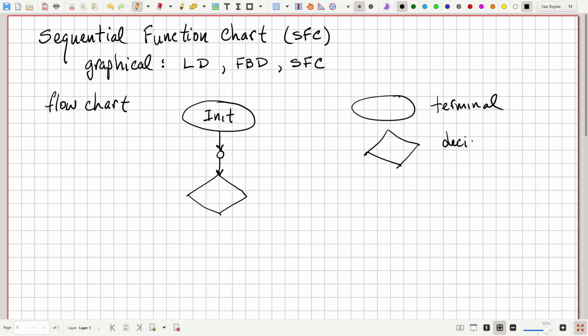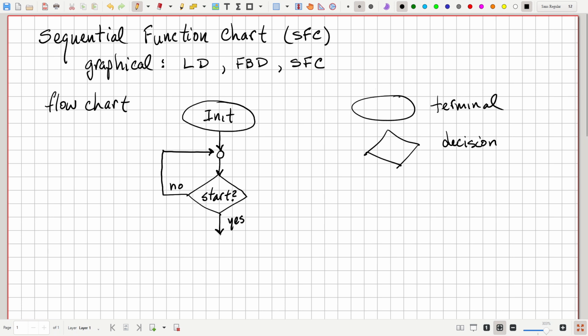Where you could say we ask a question, and based on the answer, we do something. So this decision, let's label it start question mark. It represents the question, is the start button pressed? If the answer is no, then we just go back and continue to see if the start button is pressed. So here's the no result. If the answer is yes,